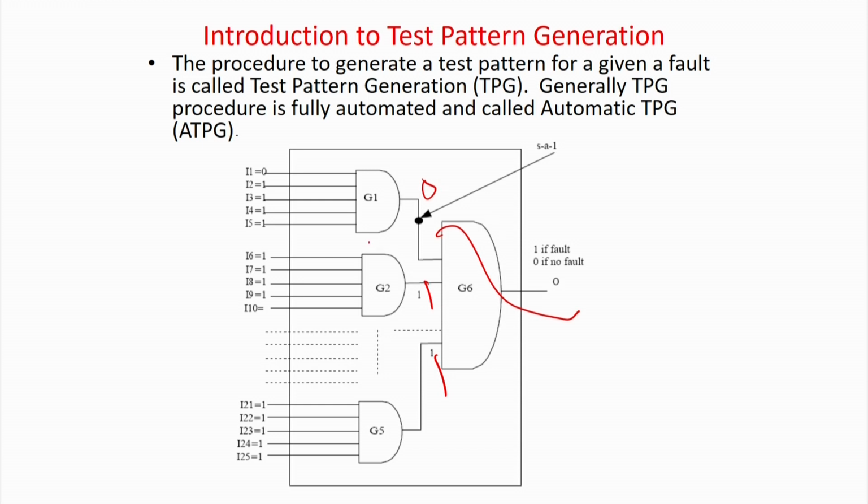Then you have to find out, to make this line 1, what should be the case, and so forth, and this line is 0. So, how can you make this line as 0? It can be either 0, 1, 1, 1, or it can be all zeros or any of the patterns. So, whatever I was doing here is a simple graph traversal with Boolean function manipulation, which will give you the test patterns to test the stuck-at faults.